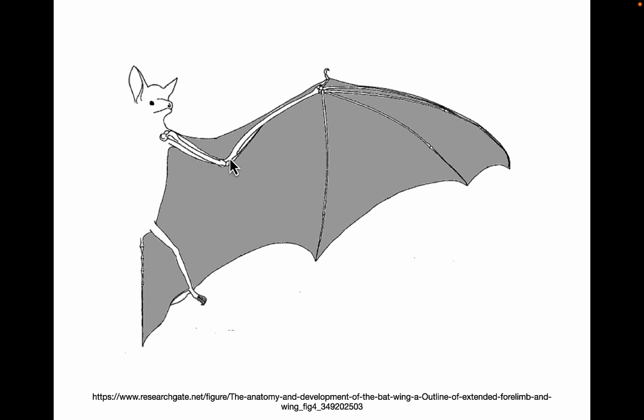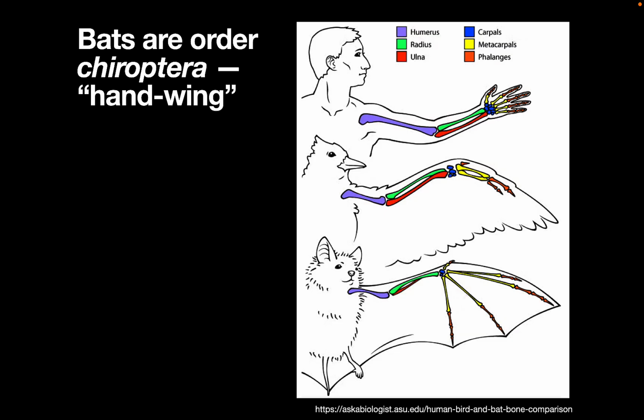Look at that bicep. And they have a forearm that comes to a wrist, and then they have, let's count the number of fingers. 1, 2, 3, 4, oh, and a thumb, 5. They have 5 fingers. And you can see that most of their wing here consists of their hand. The webbing is in between their fingers, which is why